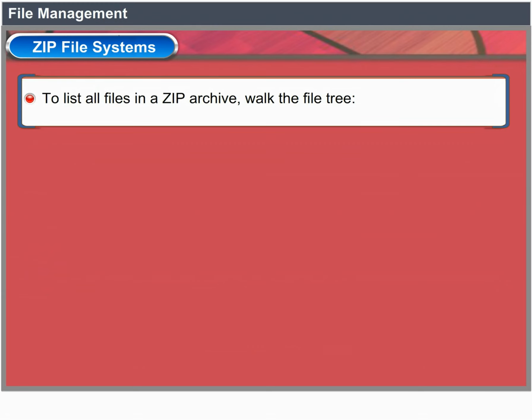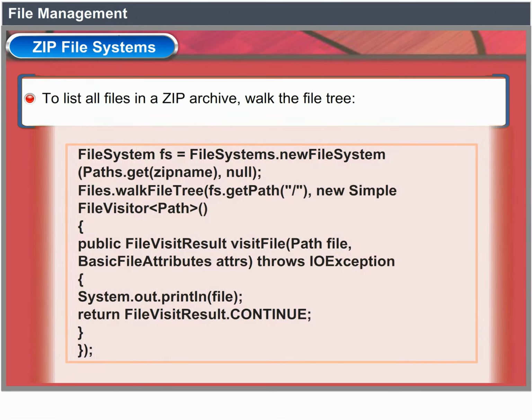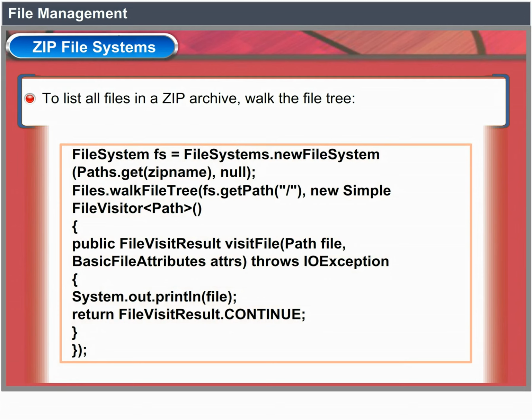To list all files in a zip archive, walk the file tree. FileSystem fs = FileSystems.newFileSystem(Paths.get(zipname), null); Files.walkFileTree(fs.getPath("/"), new SimpleFileVisitor<Path>() { public FileVisitResult visitFile(Path file, BasicFileAttributes attrs) throws IOException { System.out.println(file); return FileVisitResult.CONTINUE; } });